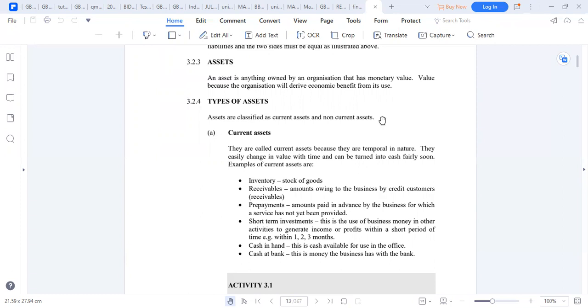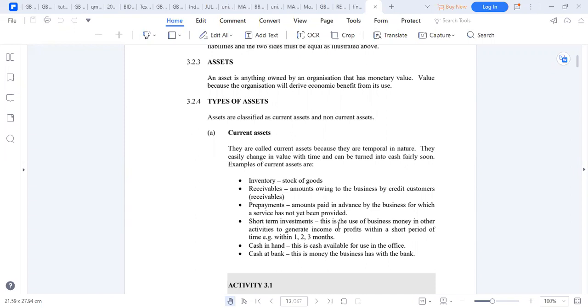The types of current assets we talked about are entered in order of liquidity. We have cash at hand, which is the most available at the office, and cash at bank, which is money held at the business bank account. We talked about short-term investments, which are monies that the business may have that are invested in other businesses. We talked about prepayments, which are amounts paid in advance. Those are assets. So the business has not yet enjoyed the benefit of them. So that is still our money.